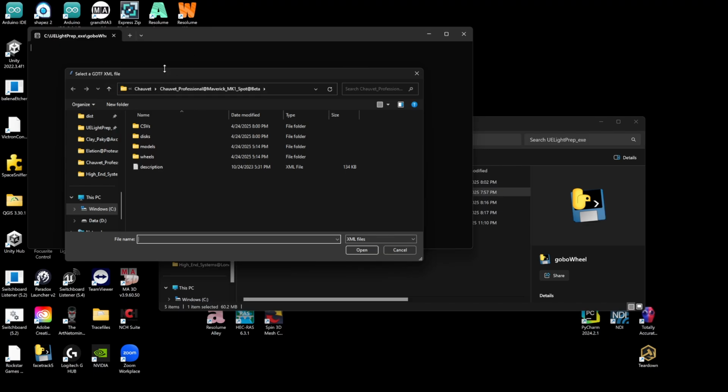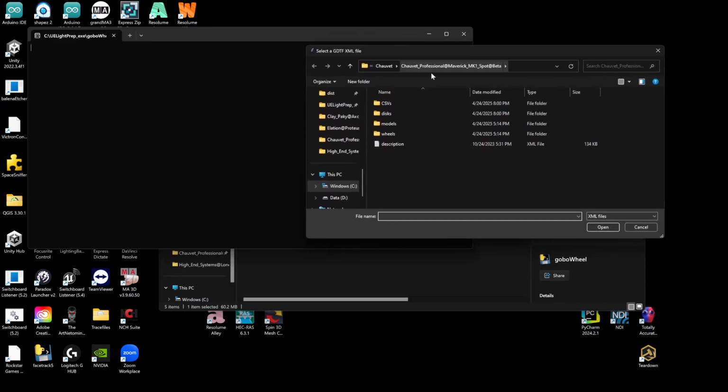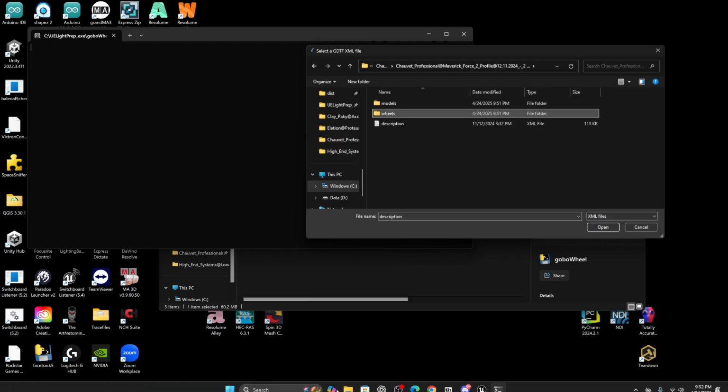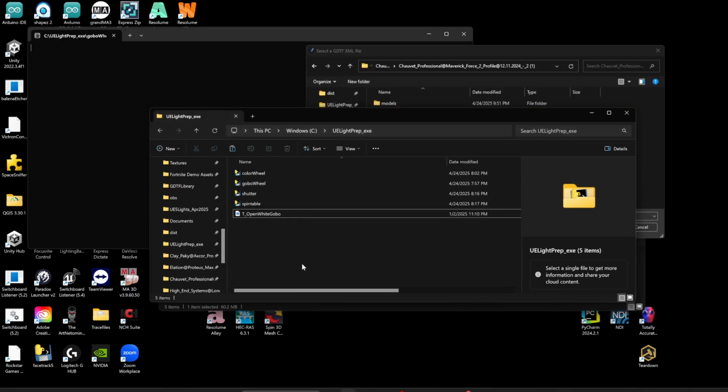And it's going to bring up a terminal page that you are going to use, and it's also going to open up a browser window. We're going to go to our GDTF file, the one that we unzipped, and we're going to find the description file. We're also going to need to make sure that it has a wheels folder in it, and that wheels folder contains the gobos. So if we go to